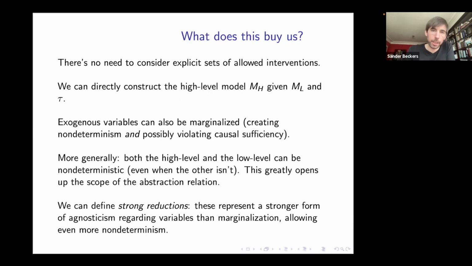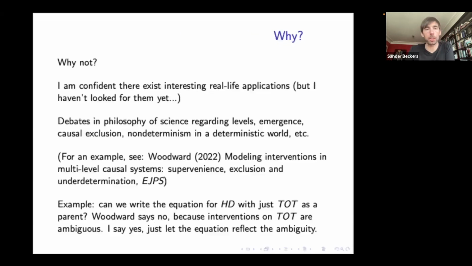Now, still, that's just an answer to what we get out of this, and these are just some of the properties. You might still ask yourself, okay, sure, but why bother? Why would we need all these things? And this is not something I can give you a very strong or confident answer about. All I can do is hand wave a bit.